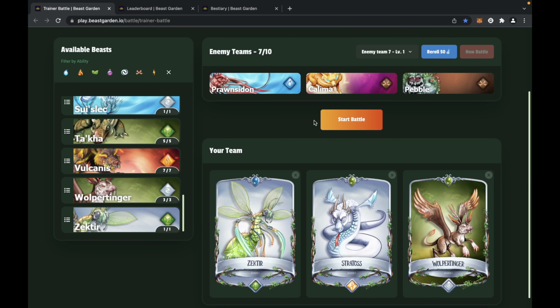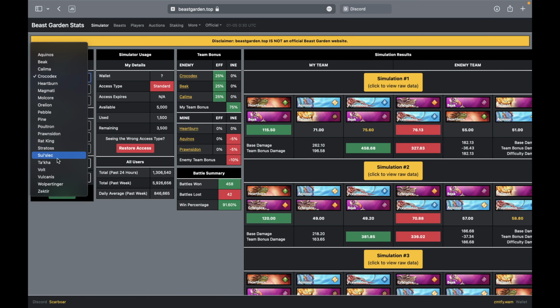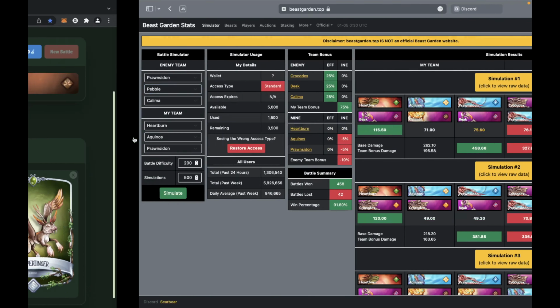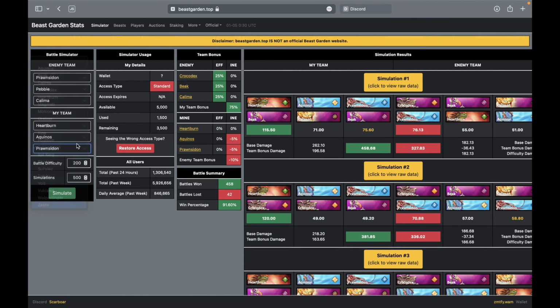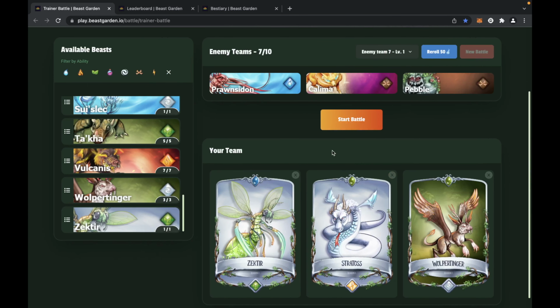Okay, so let's see this. Prawn, Kalima, and Pebble. Where are you? Prawn, Kalima, and Pebble. We'll go with Zect, Stratus, and Wolpe. Where are you, Stratus? Okay. So